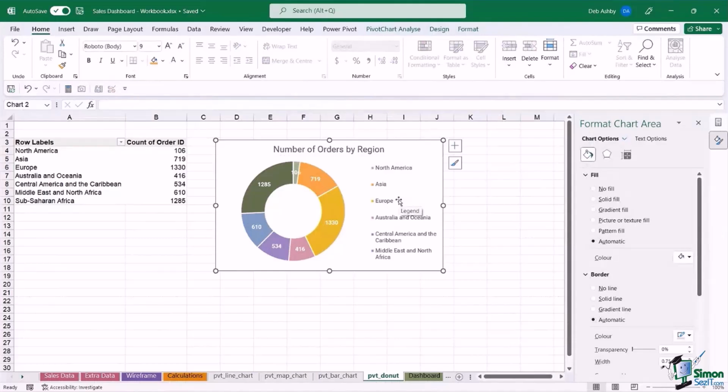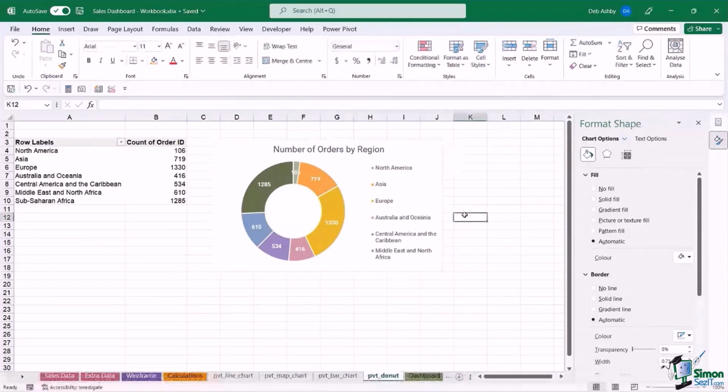As I said, it's always going to work out better if you make sure that you name things as you go through. I haven't. We are limited for time, so just pretend that I did that for all of them. Because what we need to do now is start moving these across to our dashboard and arranging them